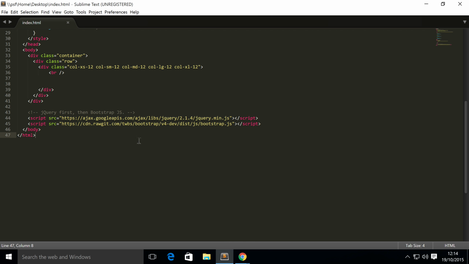Modals are really simple to implement. There are two parts to the modal, at least that's the way we see it. There's the modal itself, aka what appears, and something to trigger it. Most likely it's going to be a button. So let's go and implement that button. So what we're going to do is